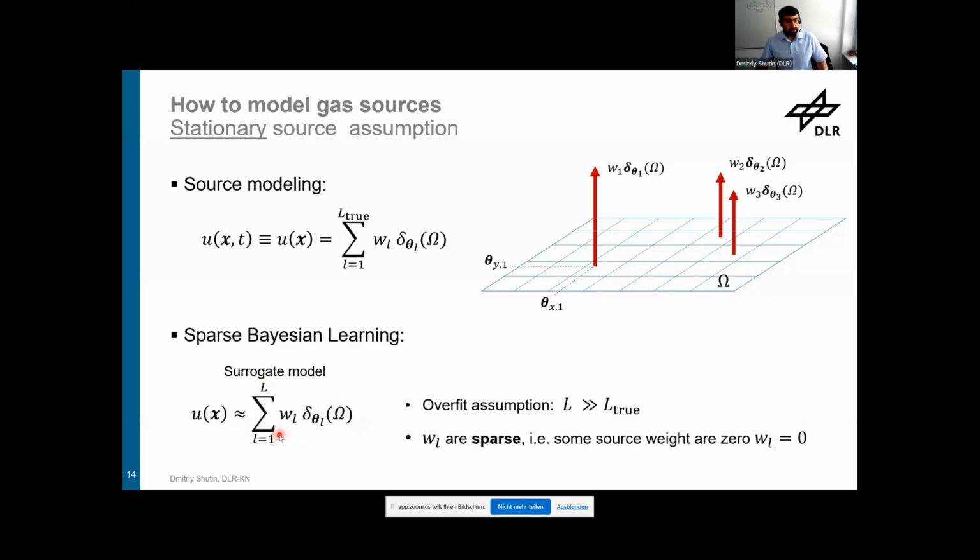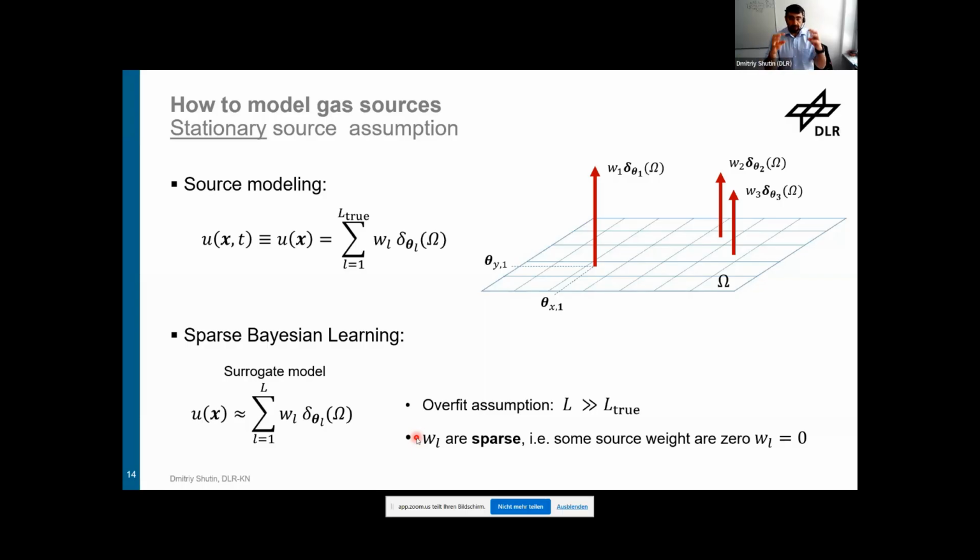However, I require that the release rates of these sources are not all non-zero. So effectively, I'm saying the weights of my sources are sparse. Although I have millions of potential sources, many of those sources in the model have a release rate of 0. So there is a source, it has a release rate of 0, but it will have no impact on my estimator, because it doesn't produce any material. And only a few of those sources do not have a weight 0, so they will be active.